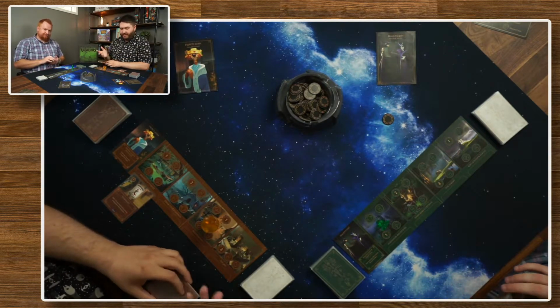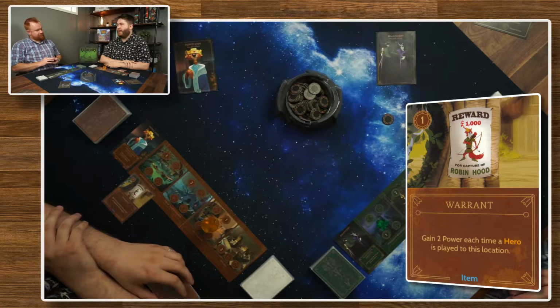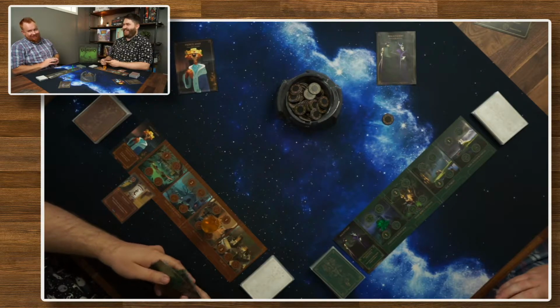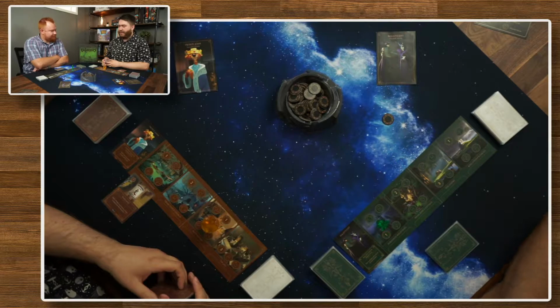What kind of card is that? It's an item card. It's Warrant. So I gain 2 power each time a hero is played to this location. All right. So I do not want to play heroes to that location, is what you're saying. Yeah, exactly. And then I have Vanquish, nothing to vanquish,